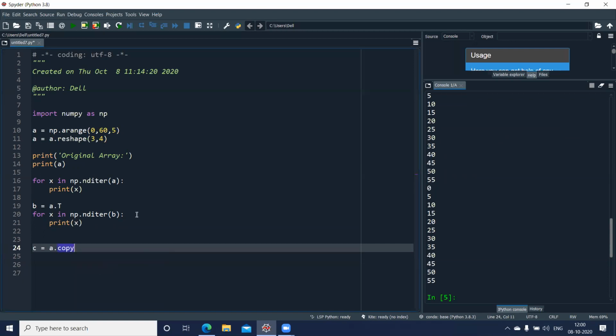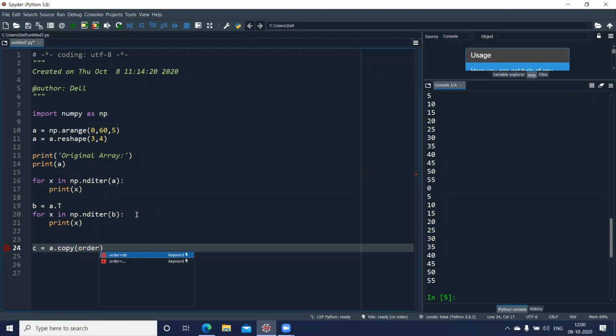So I'm copying the array A. Now you can also write C equal to A, and all the values will be assigned to C. But in this case, I'm going to change the order or the style order. So for that, we need to pass a parameter called order here.